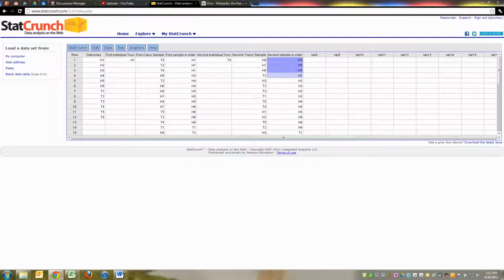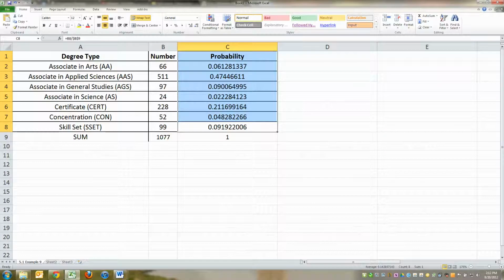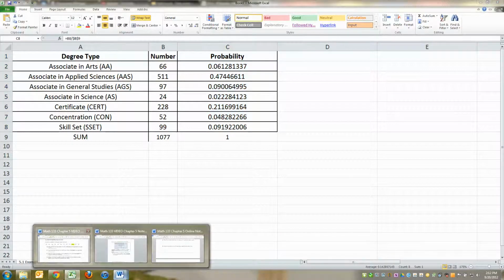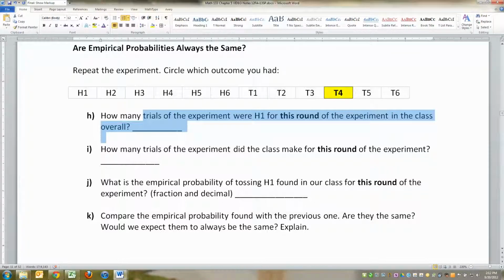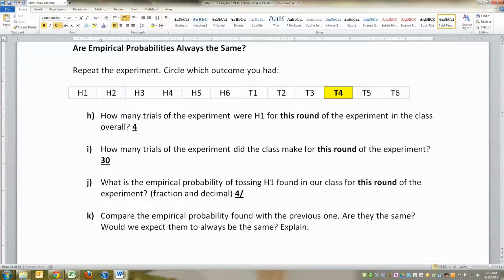All right, there we go. And now I can see this time I got 4 H1s. Right, so I'll go back. Actually, all right, so there were 4 of them total out of 30. So the probability was 4 out of 30, which I don't know what that is in a decimal, but now